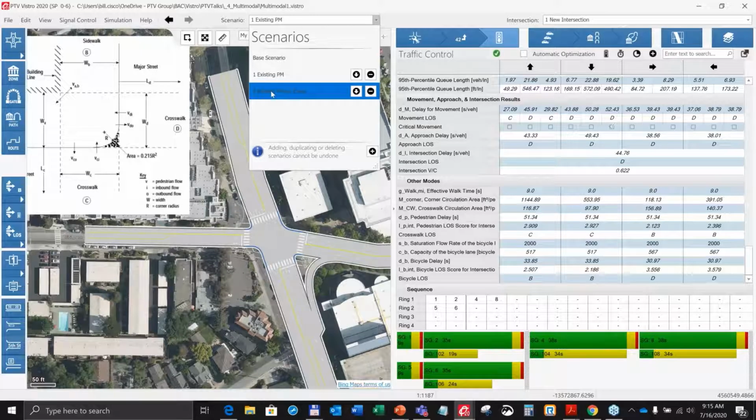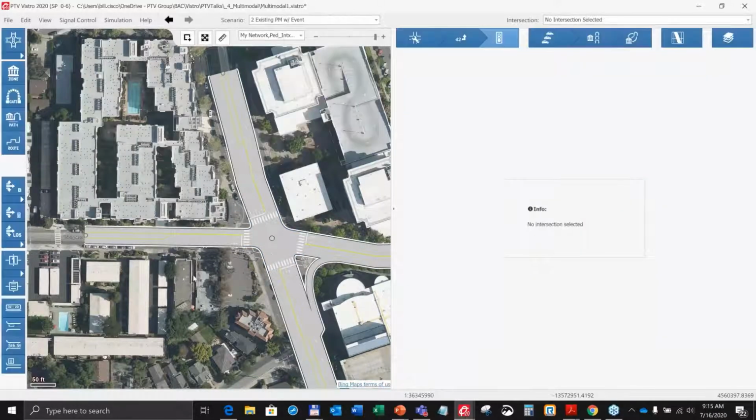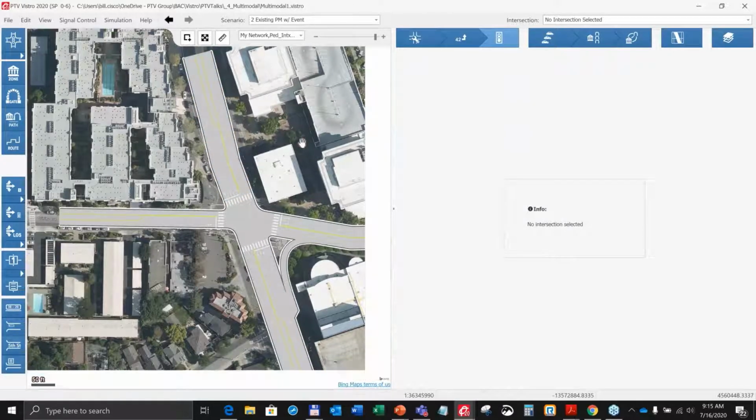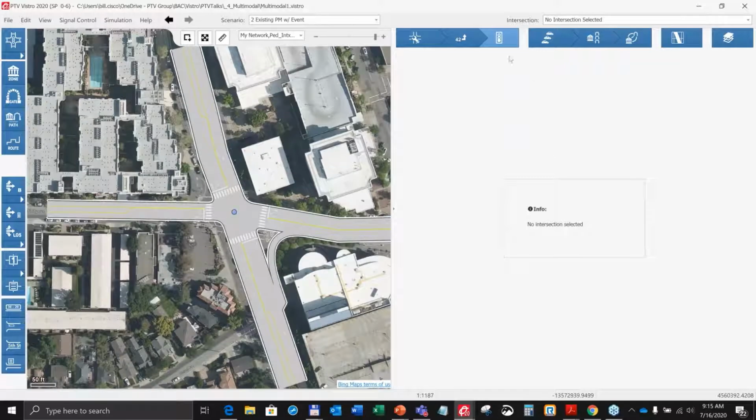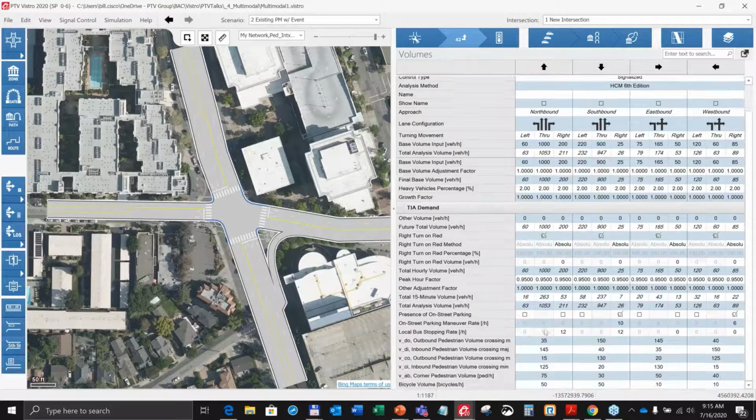And essentially the differences between these two scenarios are looking at an evening peak where there's also an event that's going to occur at this auditorium. And of course, we would expect the vehicular volumes to increase a bit, and also the pedestrian volumes as well. So not to go through them all in detail, but these are reflective now of additional volumes for some of